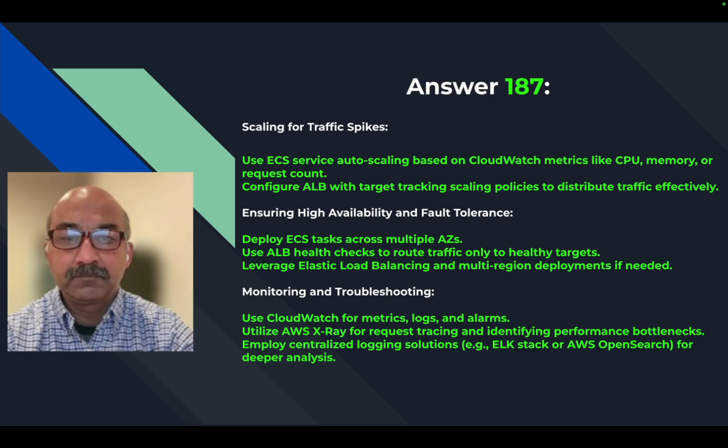Now, how do you ensure this is highly available and fault tolerant, meaning if something goes wrong, the application still serves customers? One way of doing that is to make sure these ECS tasks, which is what Amazon calls them, basically like a container in a pod, are configured with some memory, some CPU, and an image. Uh-oh, I just lost power here. Okay, so anyhow, you want to have these run on multiple availability zones. So if one zone goes down, the application is still up.